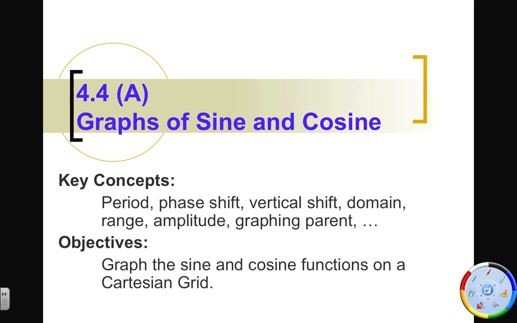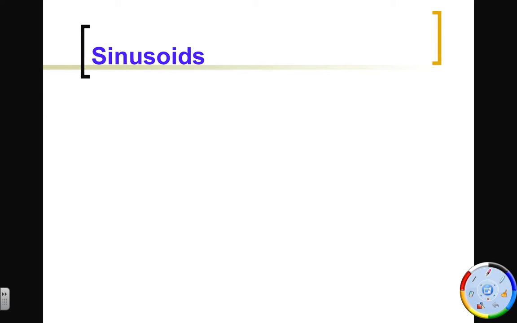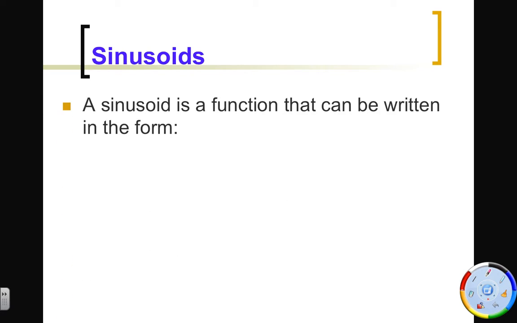Let's look at this word: sinusoid. A sinusoid is a function that can be written in this form. Notice that I gave A, B, C, and D colors here because those are really important numbers to us. They each affect the graph differently, and the goal for us in this first video is to figure out what those four values do physically